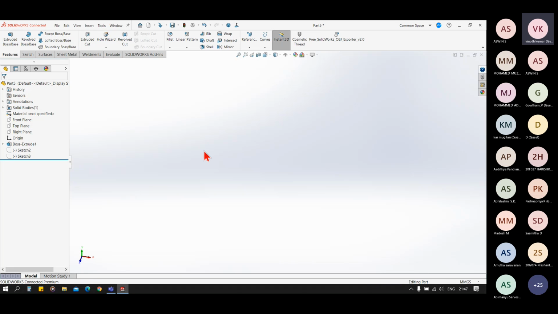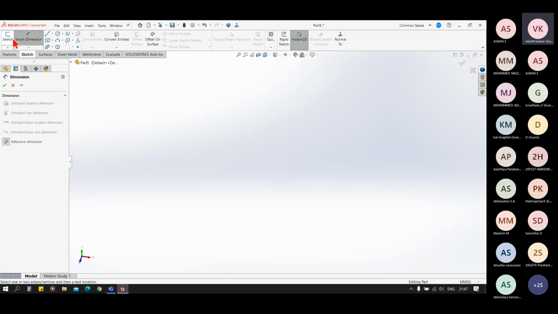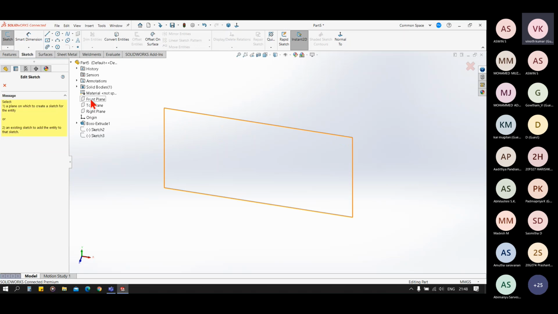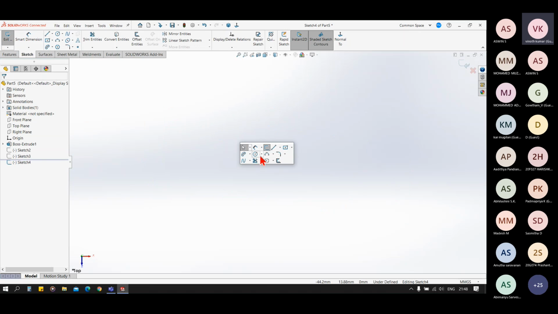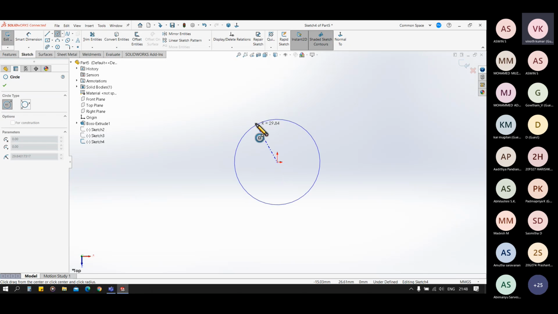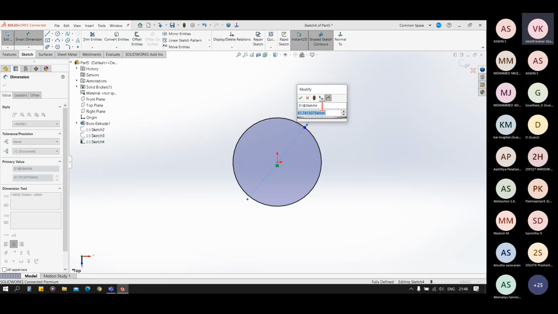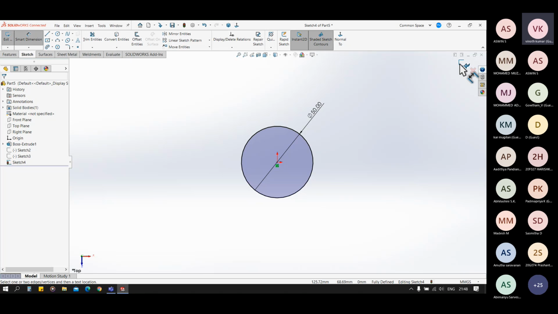Now the last option is helix and spiral. Now for the helix and spiral, you need a circle. So let's have a circle of diameter 50 mm.